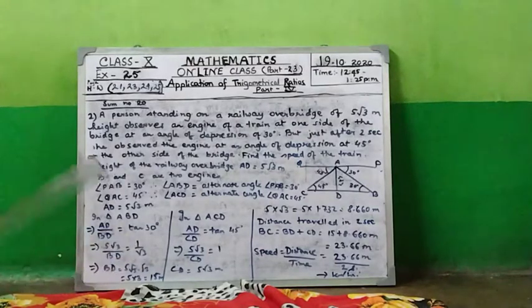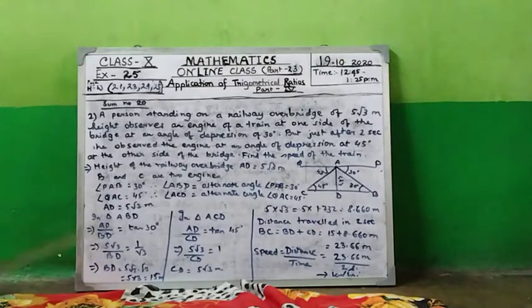Now your work is, I have shown, you will change it to kilometer per hour. In the previous sum I have shown you how to change it to kilometer per hour. You will change the meter to kilometer and second to hour, you will divide it by 3600. Instead of last sum it was minute to hour, so you divide it by 60. Here it is second, so you will divide it by 3600.